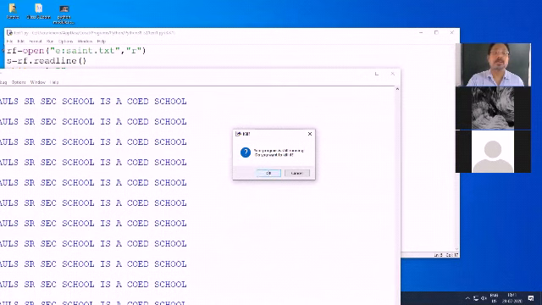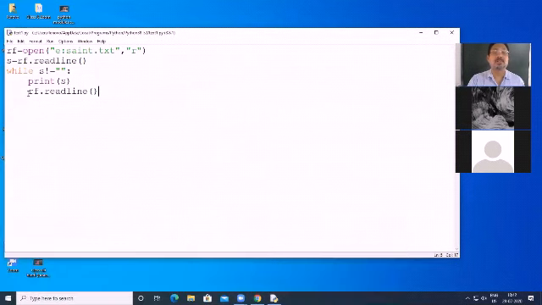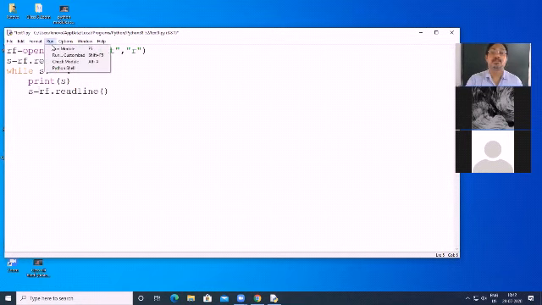So what is the reason behind it? The value of S is not changed, and the value of S is changed when we write S equals to RF dot read line. Assignment was not there, so that read line value was not going to S. That's why the condition was not checked and it was showing an infinite loop. So now it will display all the three lines.